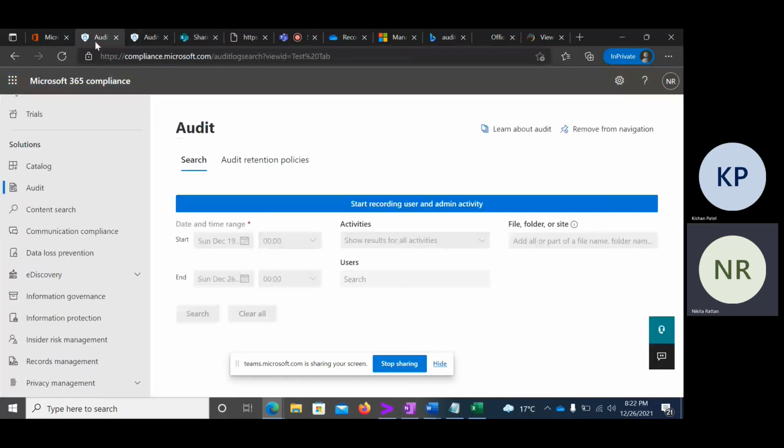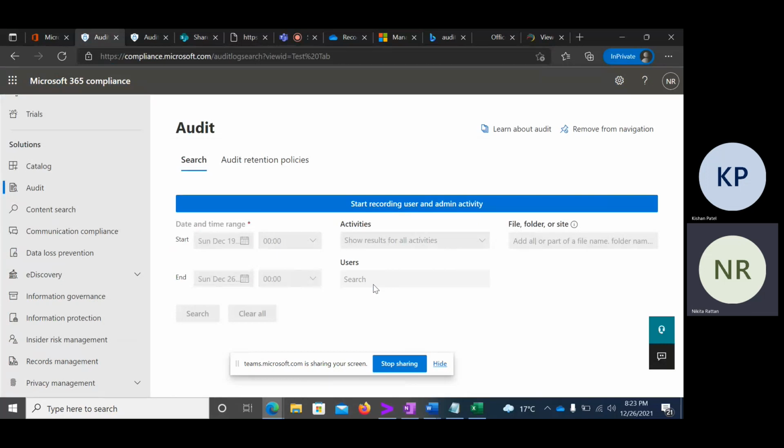But in a real scenario this will not be possible, because companies have thousands of sites, right? So we will not advise them to pull the logs for the entire tenant. However, we'll ask them, if you have a specific site, or any specific library or a specific folder for which you want to see what has happened, then we'll take that information. We'll mention the site URL, folder or file URL, and we'll pick the user if we want to pick up any specific user's log. For example,